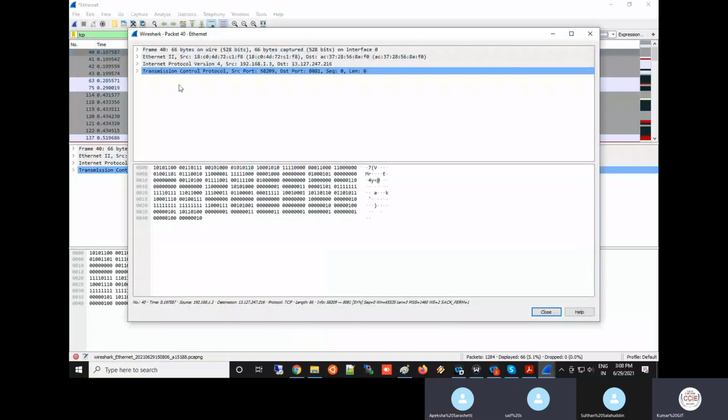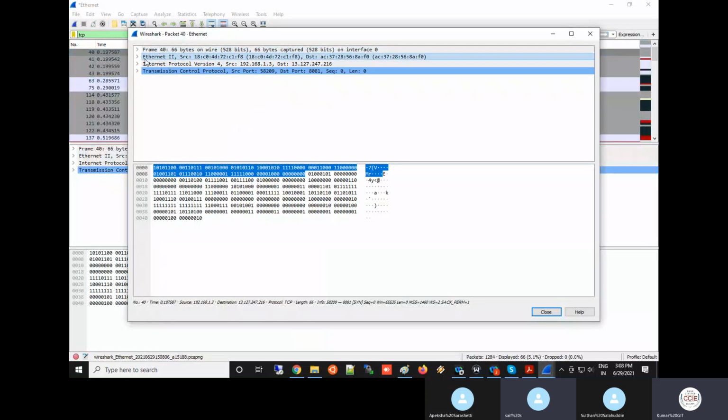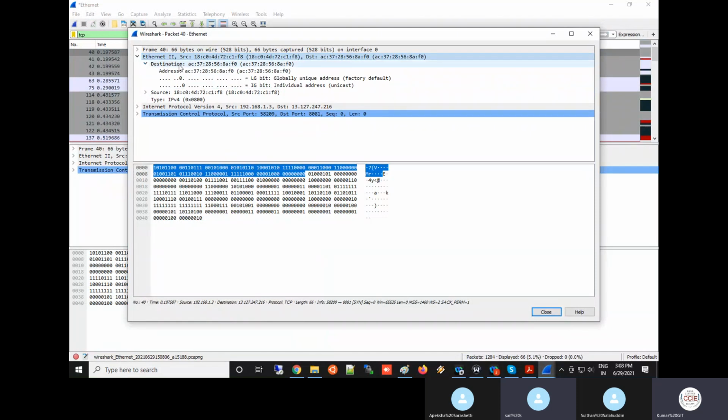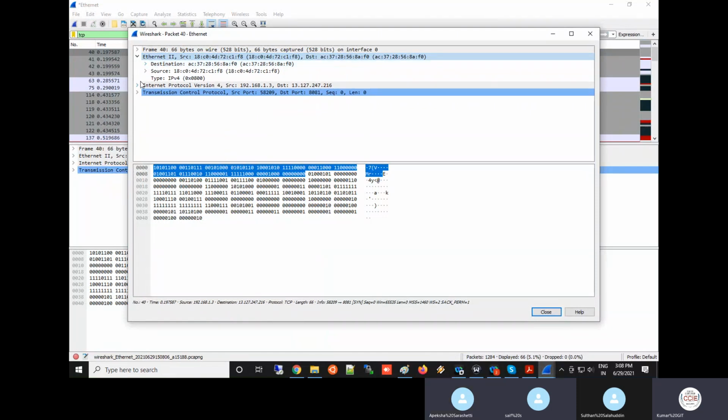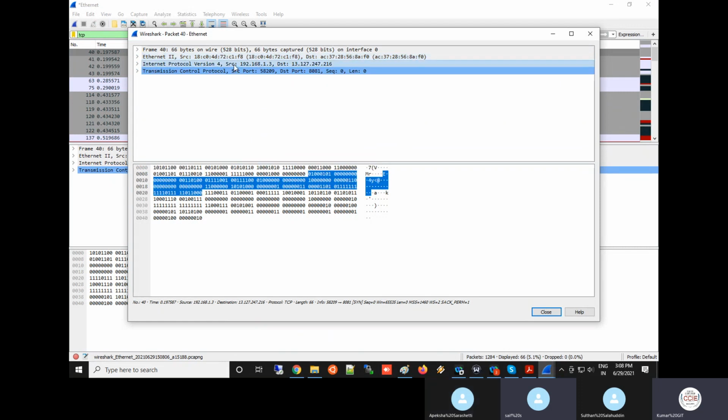Now take this. This is your LLC. This is your MAC. You can see the MAC layer, source MAC address, destination MAC address, and this is your L3 IPv4. In IPv4, source IP, destination IP. Then TCP. What will be there? Source port, destination port. Able to see this? Yes, sir.